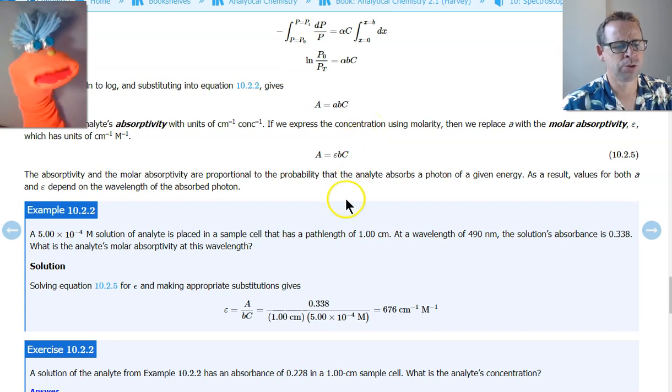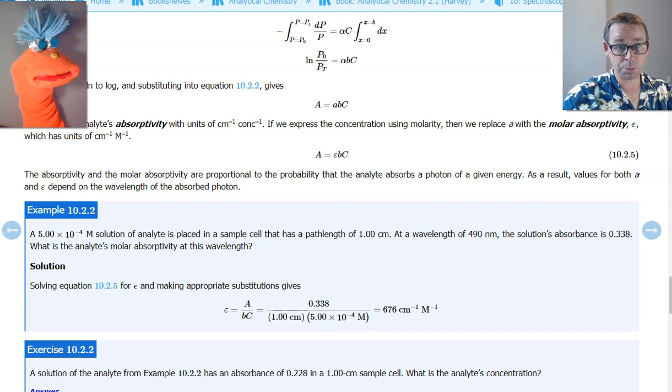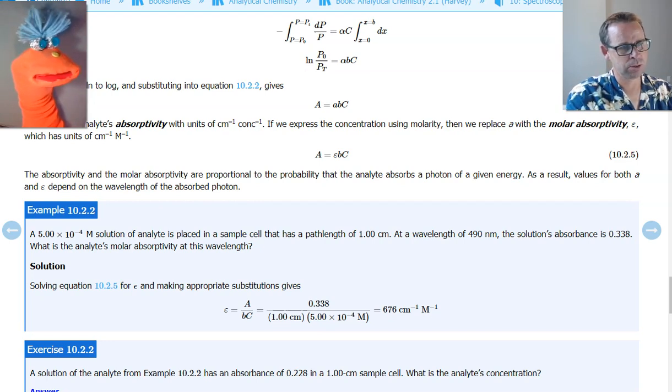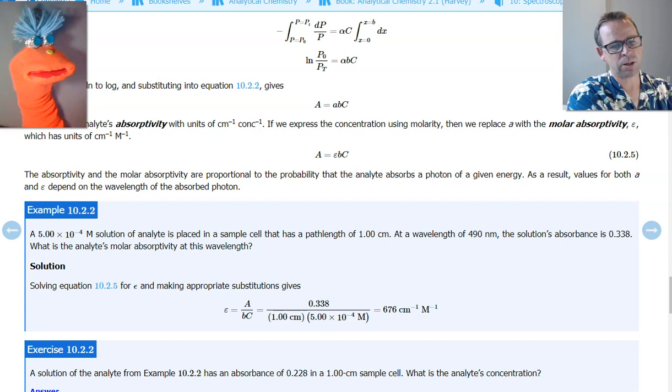I thought absorption was unitless. Absorption is unitless, that's right. But concentration is surely not unitless, is it? Oh, concentration. No, concentration should be like molarity or something. That's right. So if we say molarity for the concentration,